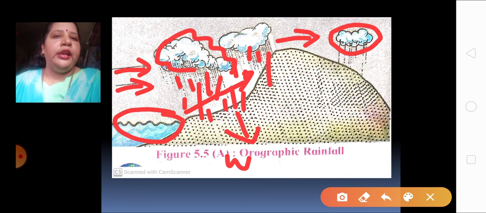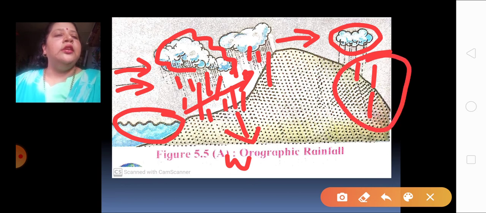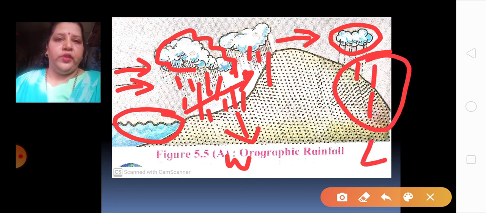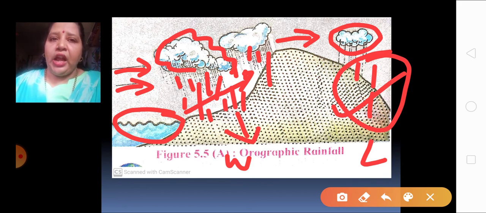Now, as the clouds move in front over here, by the time the clouds reach over here, it is already empty. Hardly any moisture is remaining over here. So, this place over here will get very less rainfall. So, this region is called as the leeward side of the winds. And this is called as the rain shadow region. What is it called? Rain shadow region. So, understood what is the orographic type of rainfall, children? Very good.